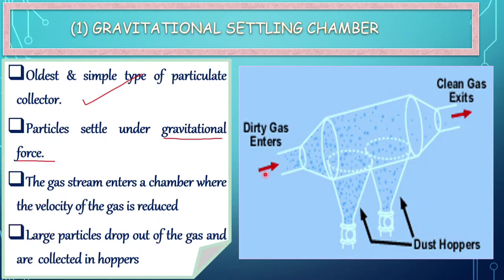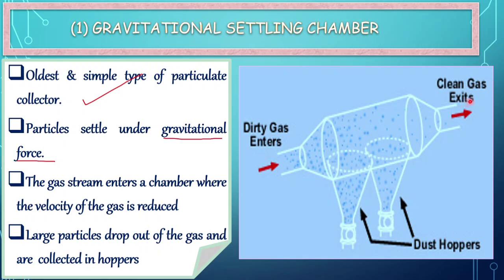First of all, the dirty gas stream containing the particulate matter enters the chamber. Now, this gas can come from various industrial processes in which larger particles are present in the gas stream. Inside the chamber, the velocity of the gas stream is significantly reduced. This decrease in velocity is important because it allows the heavier particles to settle out of the gas under the influence of gravity. As the gas stream slows down, gravity causes the larger and heavier particles to fall out of the gas stream. These particles drop to the bottom of the chamber while the cleaner gas continues to move